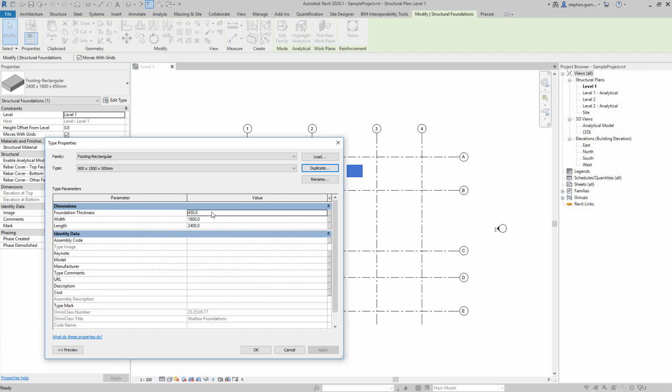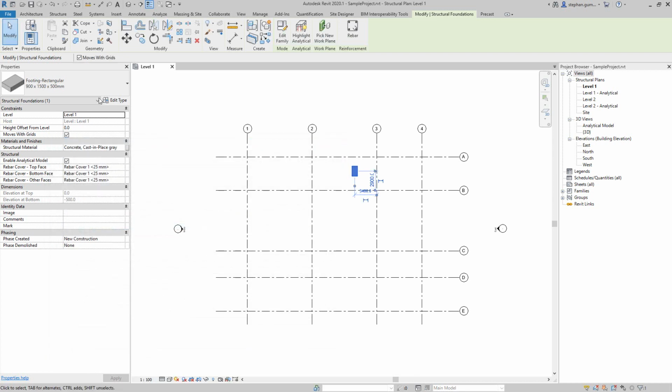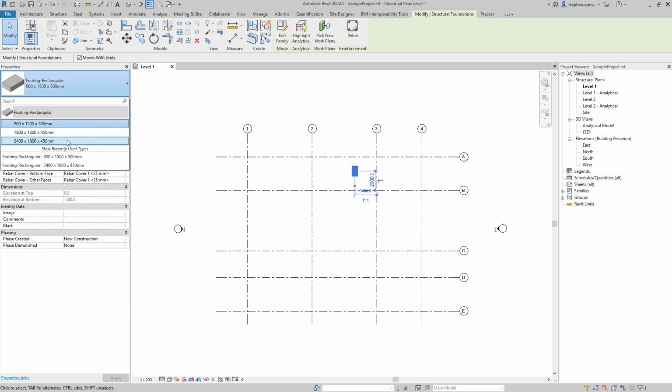I've now created a new type, but I need to then go and adjust the parameters accordingly. So I said I want to make it 900, and then I want to make it by 1500, and make it out by 500. Now, some of the rest of the parameters here could be calculated values on the back end that are calculated by these, and these are automatically done. And now when I pick OK, you can see I have a third